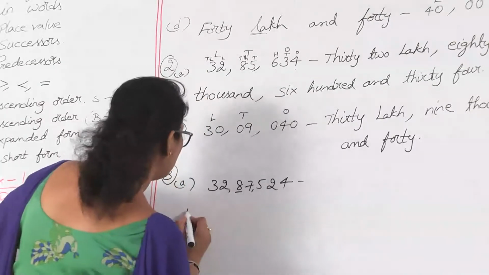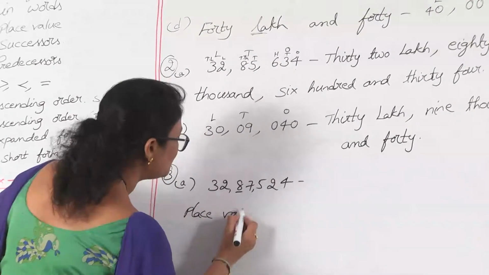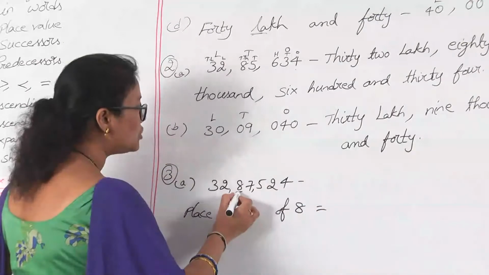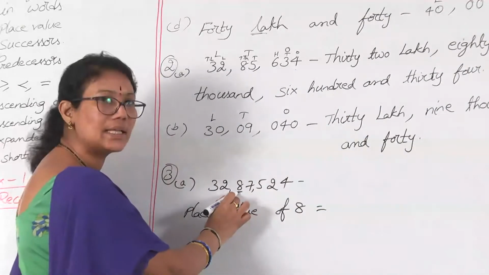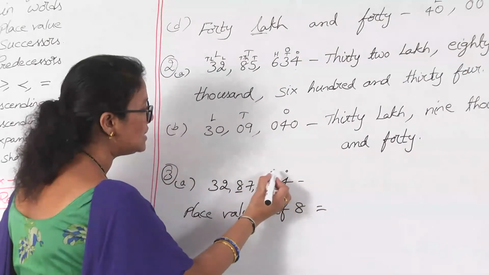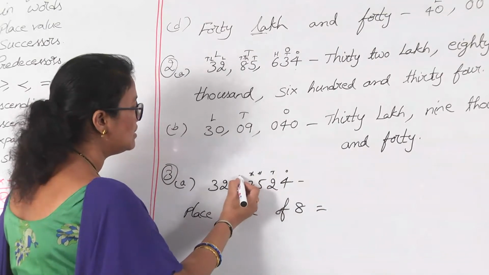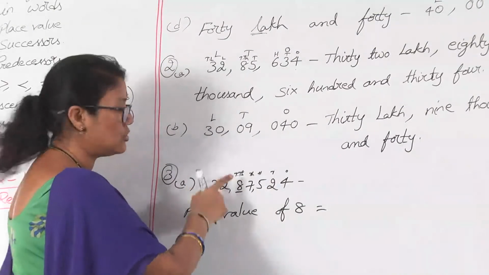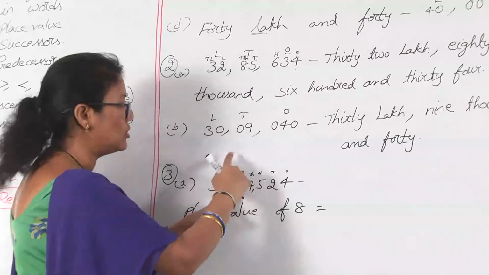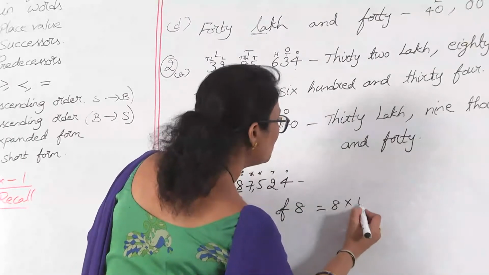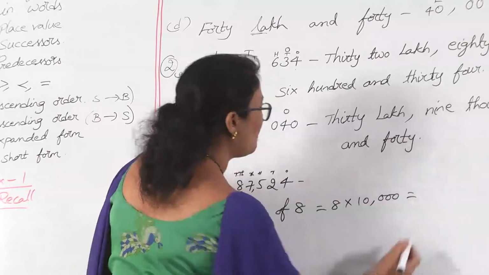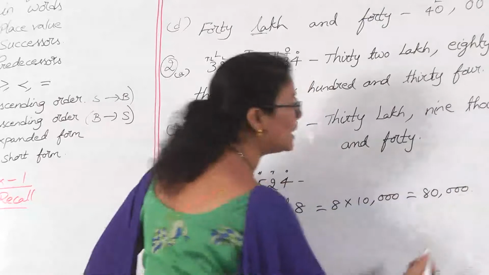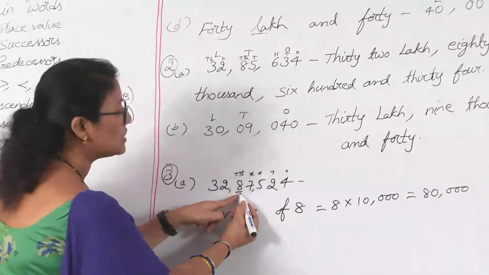So, how to write the place value here? Place value of 8 is equal to, now check out in which place this 8 is. It is ones, tens, hundreds, thousands, this is 10,000s, right, children? So, 8 is under 10,000. So, we multiply this 8 with 10,000 as 8 into 10,000, right, children? Then we get 80,000,